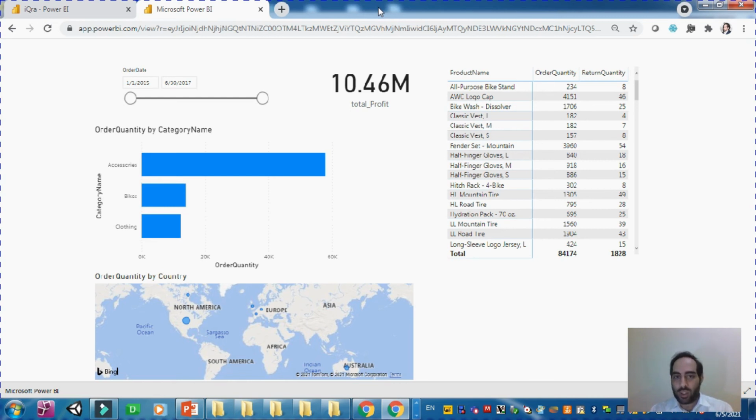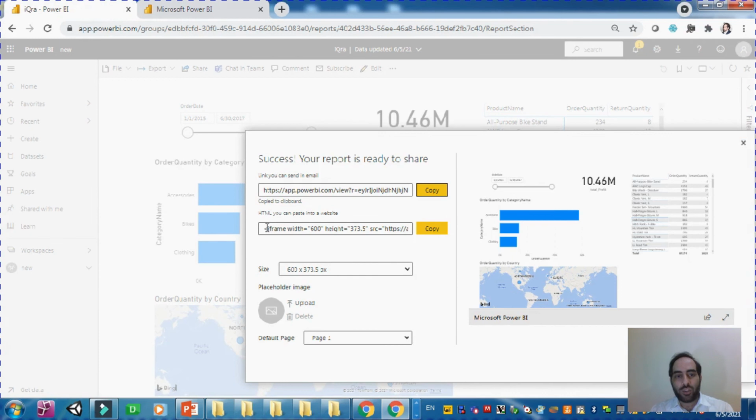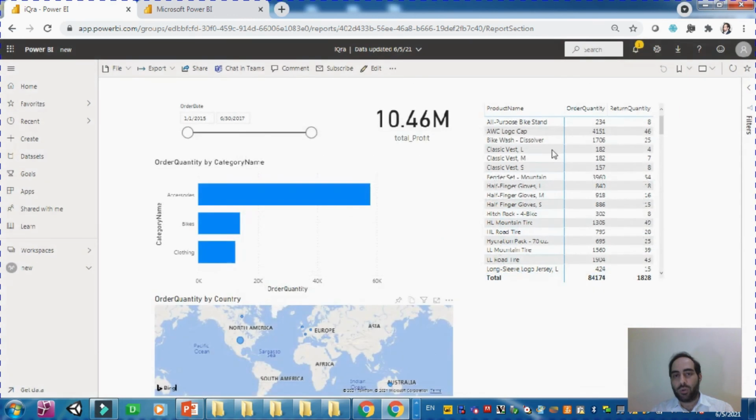Again, as I said, you can share it by mentioning the account of the person you want to share it with. And also there is an HTML code which you can actually copy and paste into your personal website, and it's going to contain the report with full data within your website. So here you have HTML code, you have URL, you can share it with a certain account user. So these are multiple ways of sharing the report between different users.